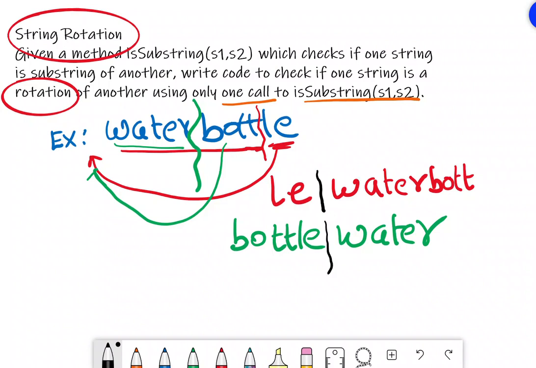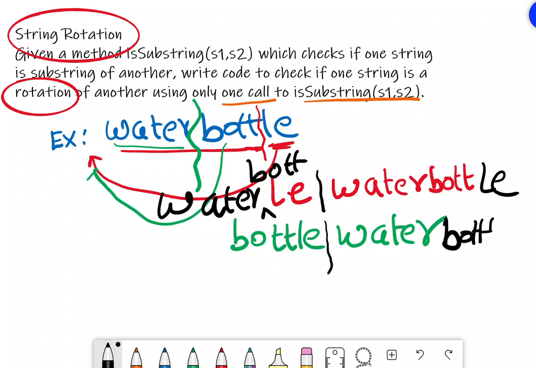So both contain part of the string and a part of the string is missing. If you complete this, here LE is missing and here the first part is missing. Then BOTT, and here the second part is missing and here the first part is missing.